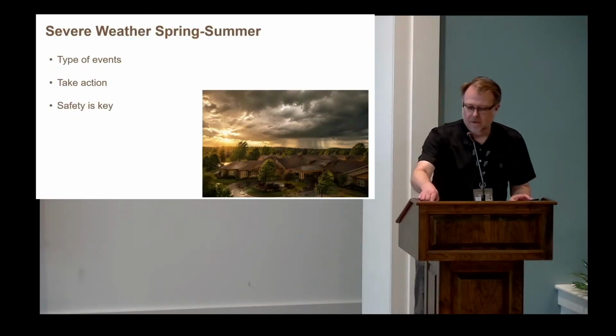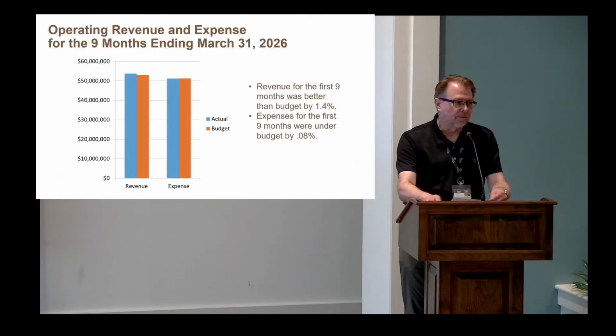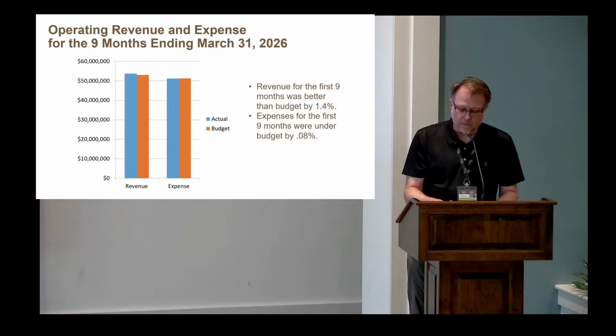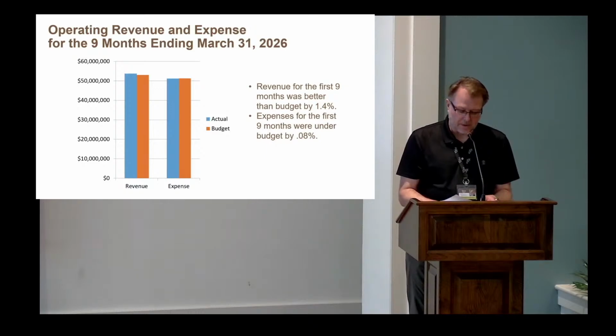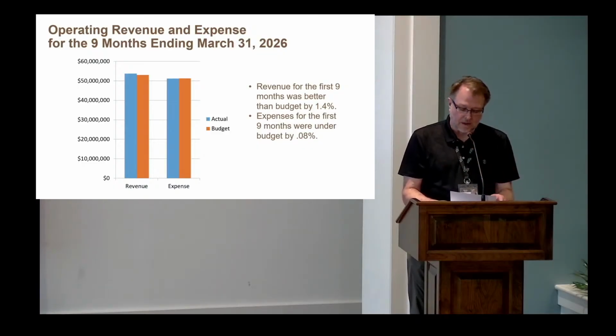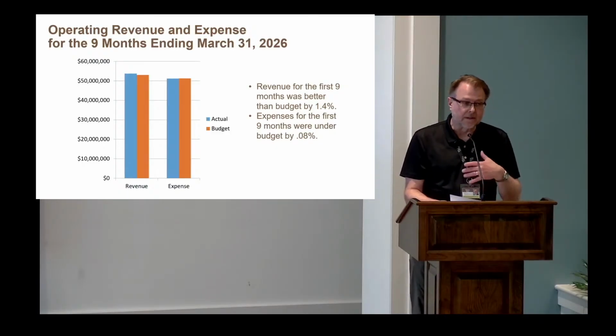Thanks, Monique. I know we're on a tight agenda, so I'm going to move pretty quickly here. We're looking at the financial performance of the organization. This is all Living Branches, all 3 campuses, from July 1st through March 31st, so this is 9 months. For the first 9 months, our revenue was just a little bit better than budget. While room and board was under budget due to some vacancy in personal care and Serenata PC primarily, that's been offset with higher entrance fee earnings in residential living, which is enhanced when we have turnover and new residents coming in.